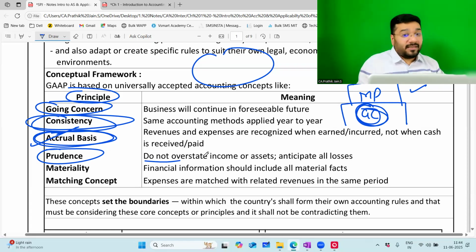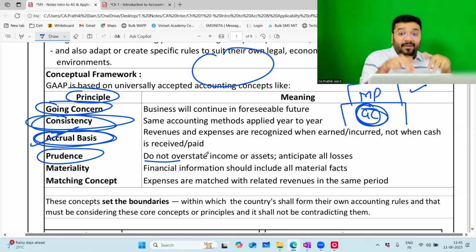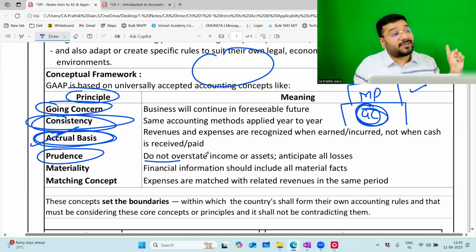Then GAAP said that this is a big loophole. We have to curb this loophole. You cannot anticipate the income. You have to have a prudent approach in the business. Prudent approach means what? You should anticipate losses. You anticipate loss and record it, but you can't anticipate income. You can't fool around with people. You don't have income, so you're forecasting income. No. After 3 years, I'll get this much money. So that income I'm showing today itself, you can't do it. People were doing this wantedly in the past.